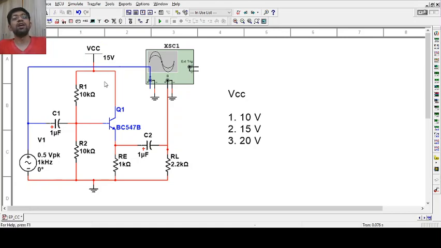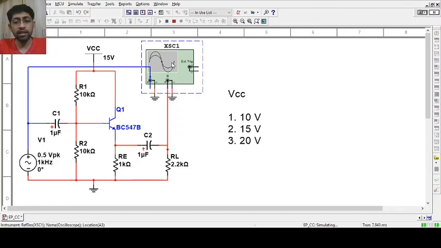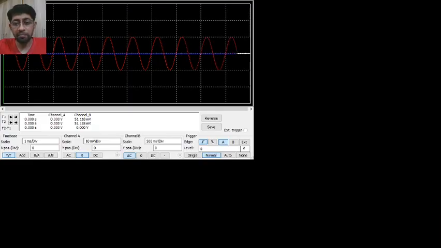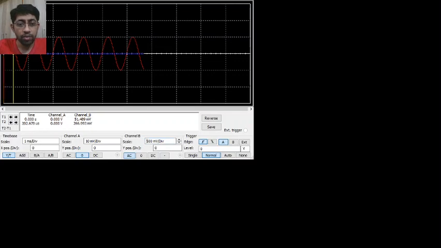Yes, you can see that instead of 10, VCC is now 15 volt, which is our second reading. So let me rerun it, and let us move to the oscilloscope. Here you can see that we are getting the output, but let us measure it properly. If I pause it and try to get the value by putting the cursor, you can see that we are getting